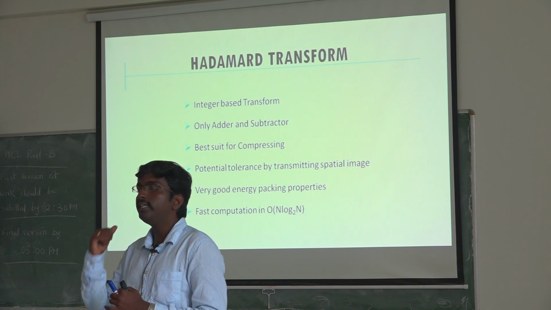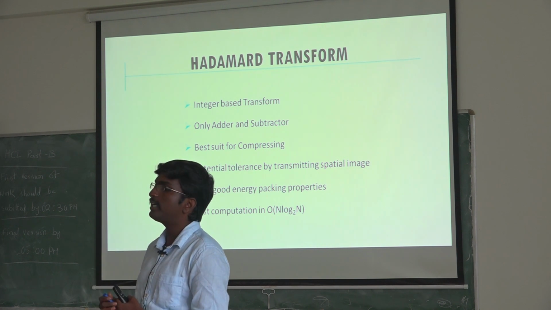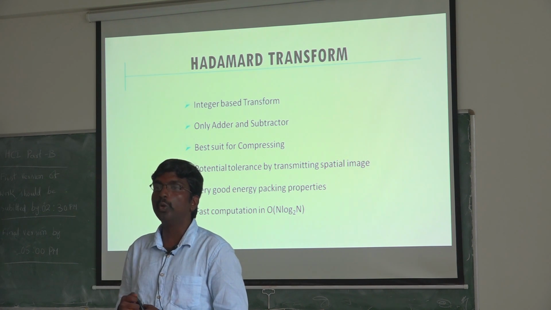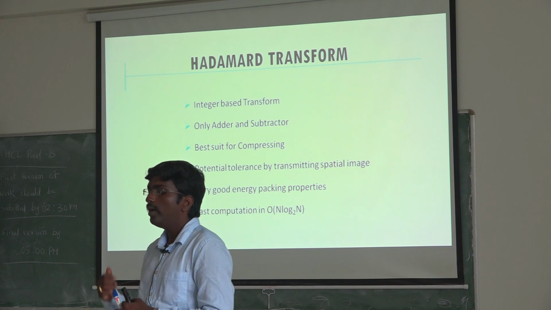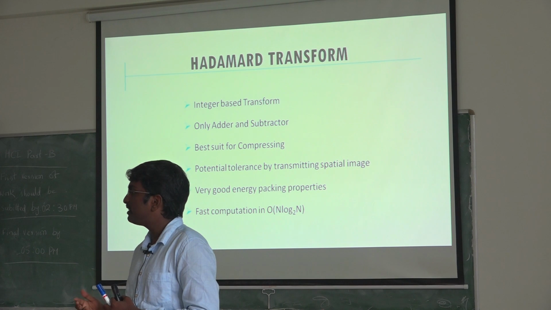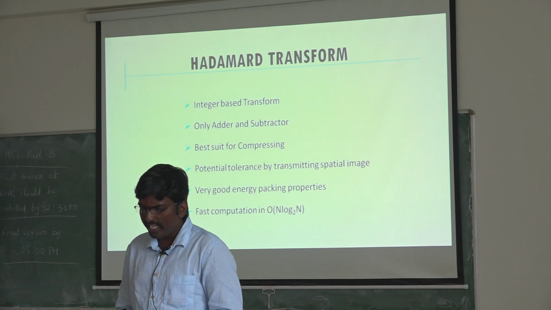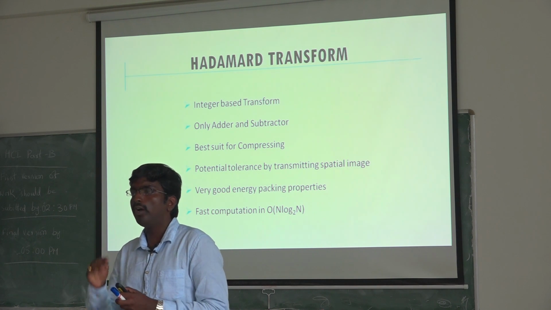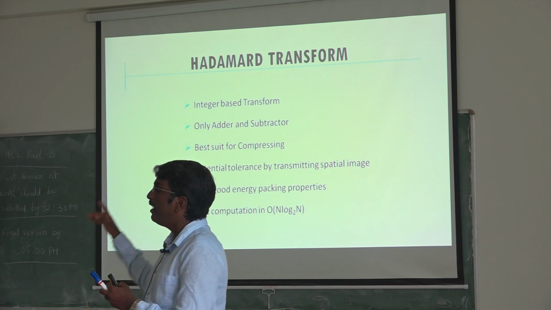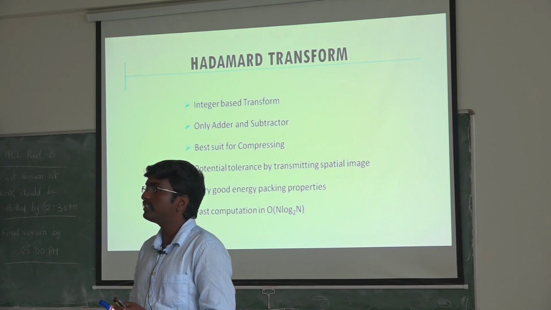So the Hadamard transform is an integer-based transform, and even the twiddle factors for the Hadamard transform are 1 and -1 alone. Okay, so when we use this 1 and -1, we will not have any multiplication. We need to go for either addition or subtraction alone. So why this addition and subtraction alone? Sorry, I said circle; we need it to retrieve the linear functionality.